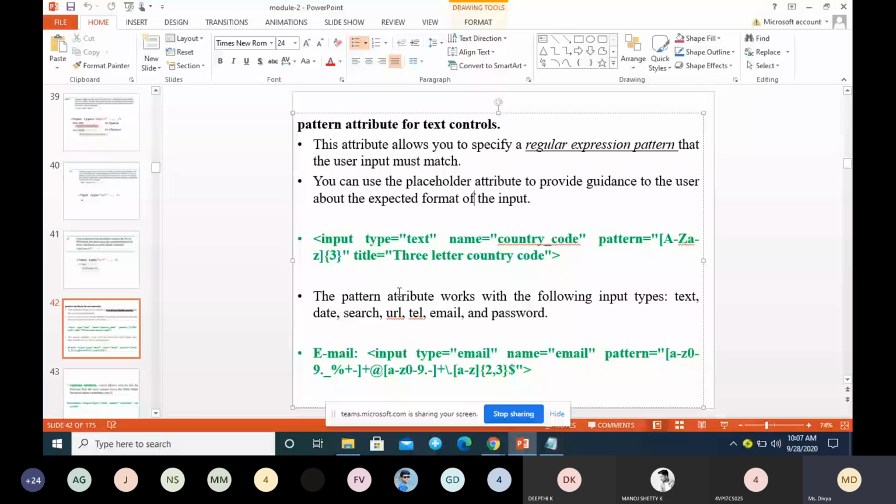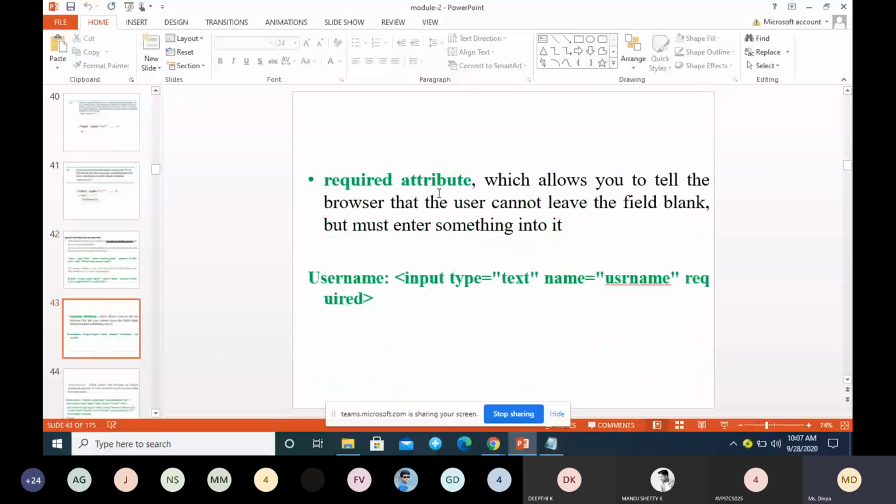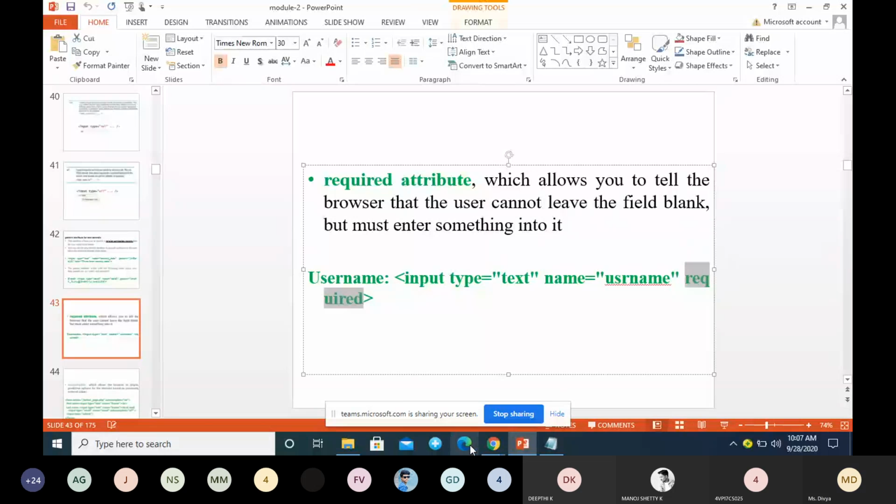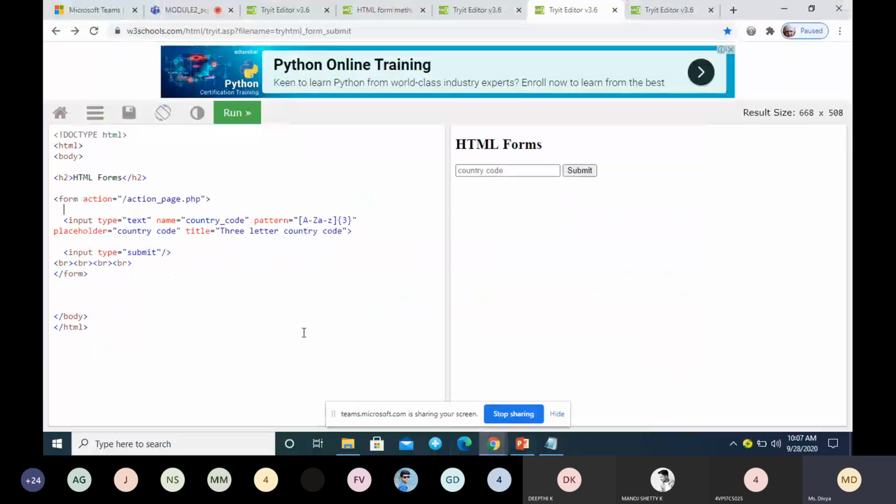Next one is the required attribute. Required allows you to tell the browser that this field must be entered. Required is an attribute without any value.